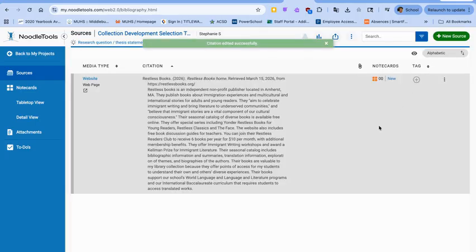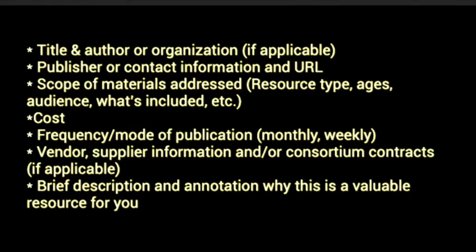and save. Here's a list of the criteria: the title or organization, publisher or contact information, and the URL, the scope of the materials that are addressed, what is the type of resource, what age group or audience the resource is for, and what's included, the cost, how often the publication is produced, if there's any discounts, or the vendor or consortium contracts, if that's applicable, and make sure to include a brief description of why this is a valuable